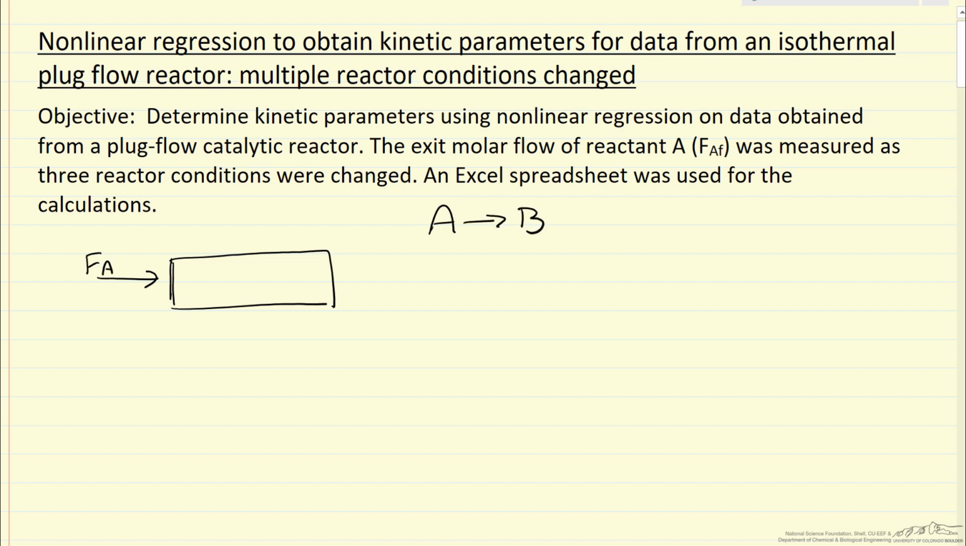And so we have a flow rate of A and, in general, a flow rate of B entering the reactor. What we're going to measure is the flow rate leaving. That allows us to determine conversion. And the parameters we're going to change to make these measurements are these two flow rates and the pressure in the reactor. And then we're going to use an Excel spreadsheet and nonlinear regression to determine the kinetic parameters,